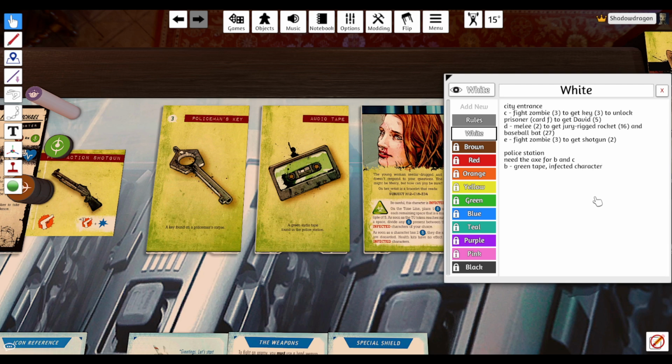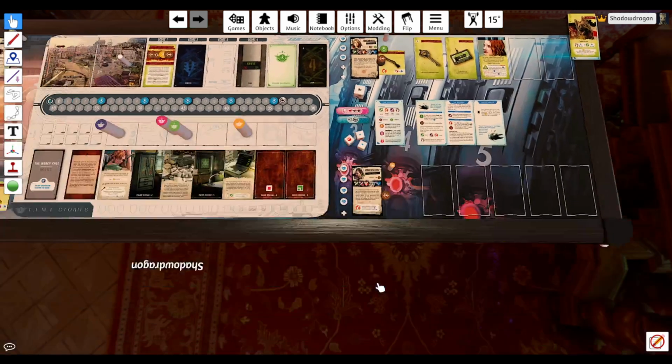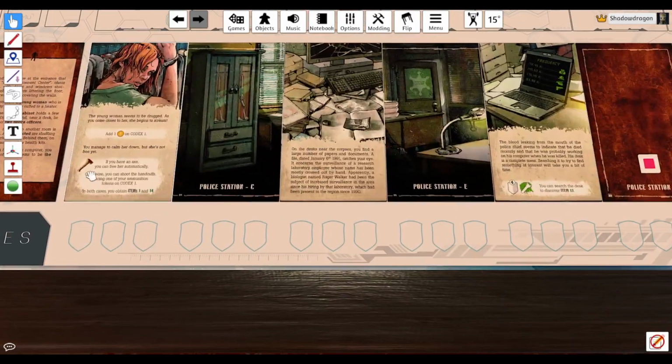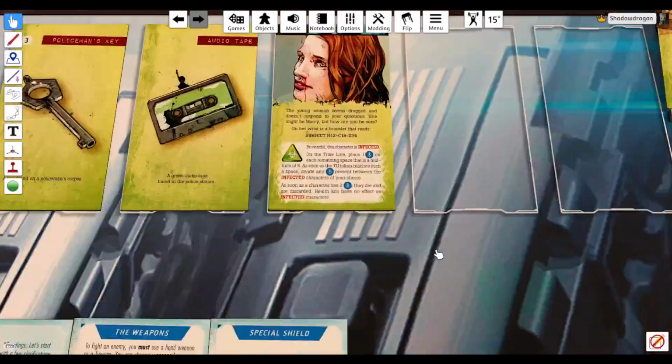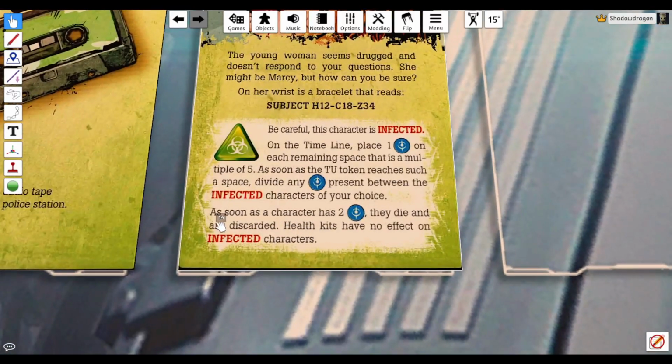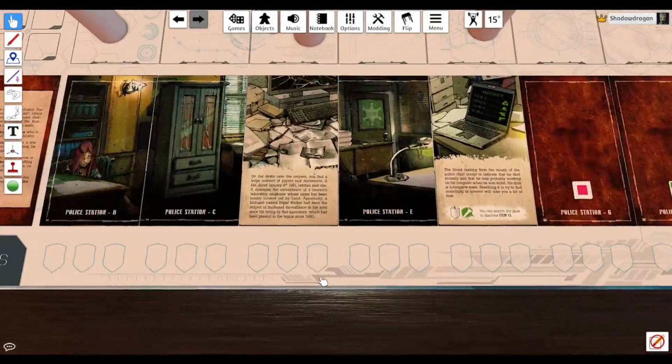I think on future runs, I need to figure out where to take the infected characters before getting them. At this point, there's no way this character is going to survive with only needing 2. Ah, well. At least they don't turn into a zombie. They just die and are discarded. Weird. Okay. Anyway,